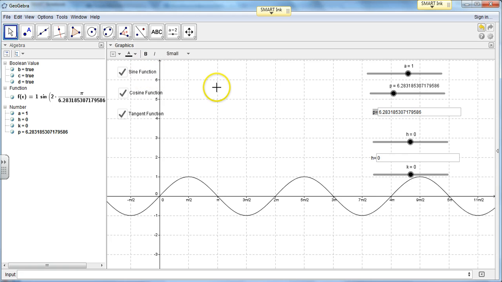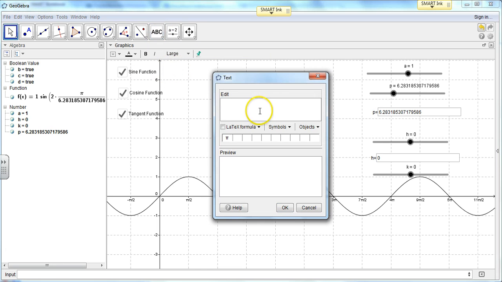So the last thing that I want to do, and then we'll add some color, is that we want to show what the function is with our parameters up here. So that's just a text box. So I'm going to grab my text tool. I'm going to click in front of sine function here. And now I'm going to click LaTeX formula. Gives it that nice font. Basically, it does a lot more stuff, but anyways, I'm going to just call this f of x